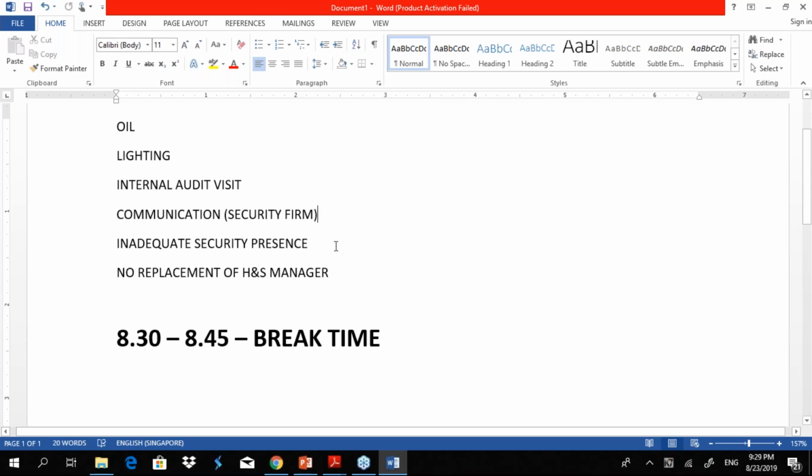Then inadequate security presence. That shows the weakness of not detailed enough specifications. First thing you must do is, when you draw up the contract with the security firm, your specs should be very strong as to what the company expects from them.